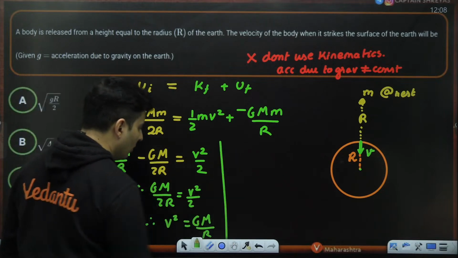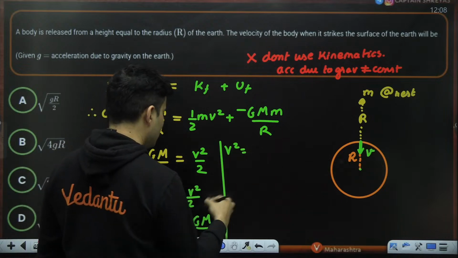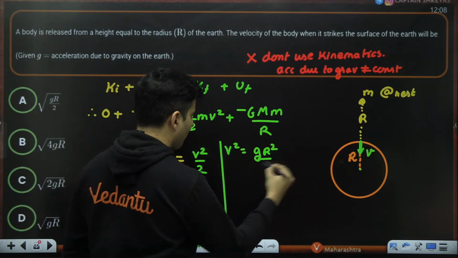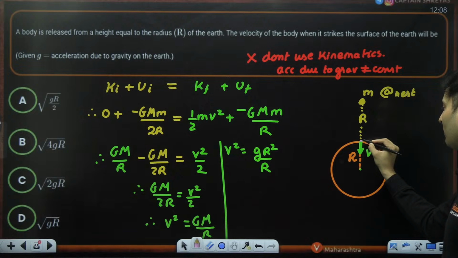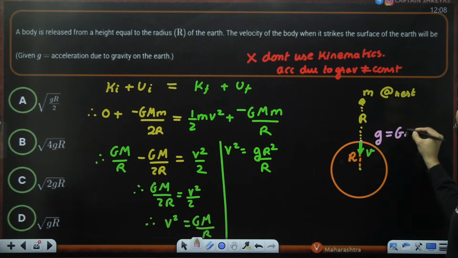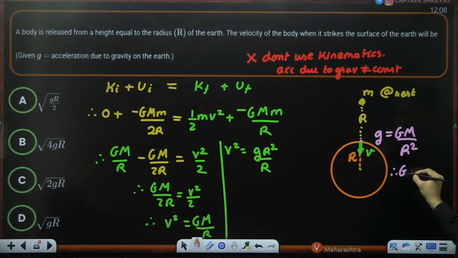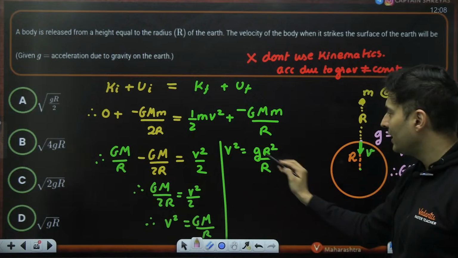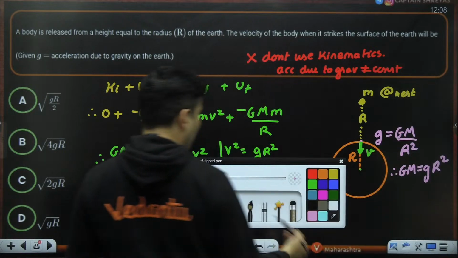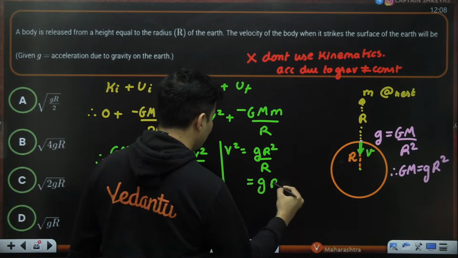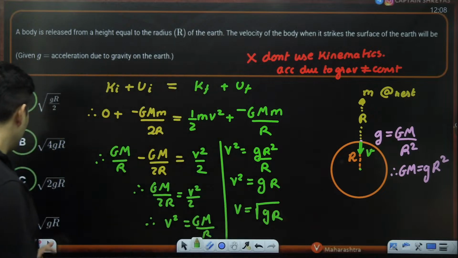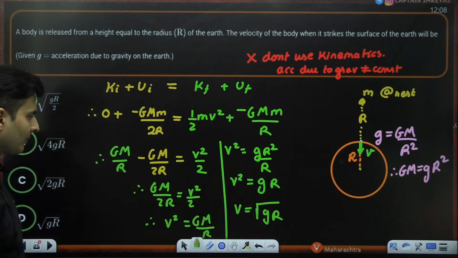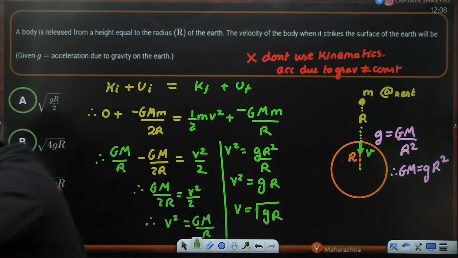But we all know that GM is gR square. Now you'll be like, sir, from where do you remember such formulas? So guys, we know on the surface of that particular planet, the acceleration due to gravity is GM by R square. So capital GM is small g R square. So that's how I remember. Okay, so GM, I can write it as gR square, right? So R gets cancelled and I'm left with gR, but that's v square. So v will be root gR, not root 2gR. So root gR, which is D option for IIT Delhi. Got it? Yep, D option, very good.